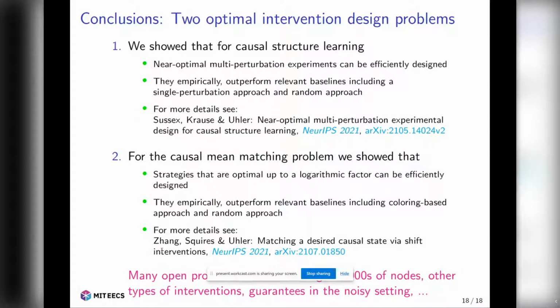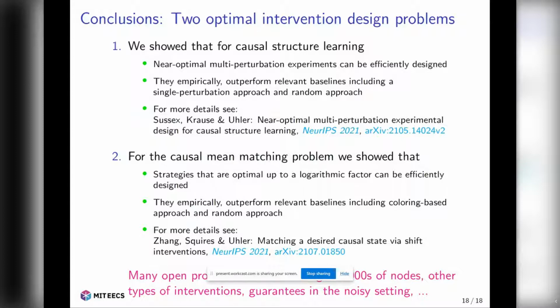Of course, a whole lot of problems remain open. These algorithms, we can run them on up to 1,000 nodes. 100 nodes is good. We have run them on up to 1,000 nodes, but 20,000 is not in reach. We have also, as I said, this was for knockout experiments. We do have something for soft interventions, but very special types of soft interventions where all we're changing is just the mean. We have not looked at interventions that also change the variance,